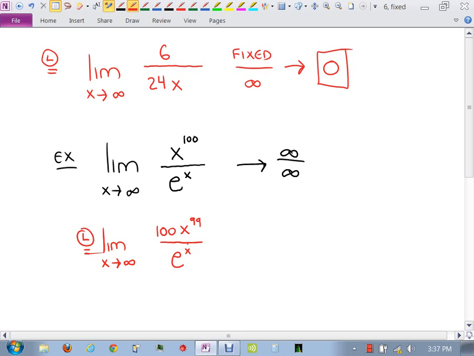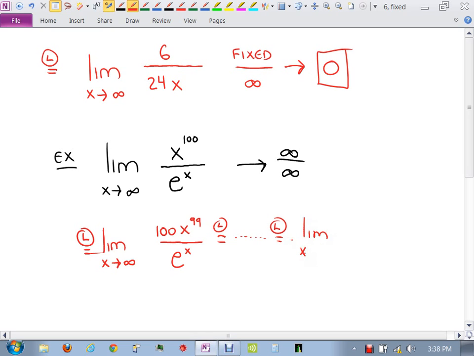You can see, we're not going to be able to do this by hand, but we can get to the answer by thinking it through. Every single time we apply L'Hopital's rule, what happens to the power of the numerator? It comes down by 1, comes down by 1. What happens to the denominator? Stays the same. So eventually, with enough applications of L'Hopital's rule, what I'm going to get is